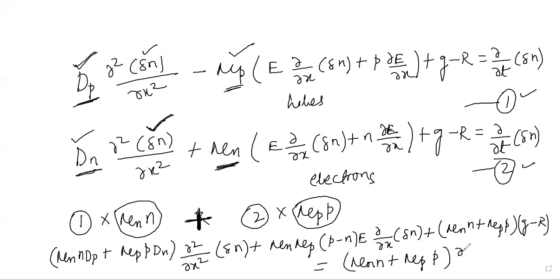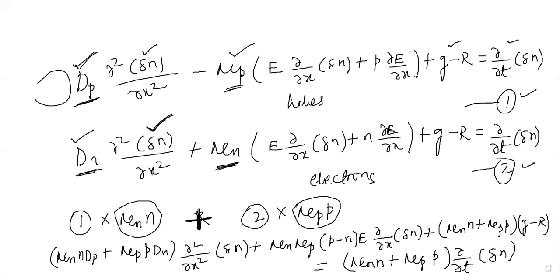So that will be there, ∂/∂t of Δn, right? So this is what we got. Just multiplied μn here in this term, here also, and in this term also, and in this term also. Similarly μp in all these terms, and then we added and took whatever can be taken as common, right?